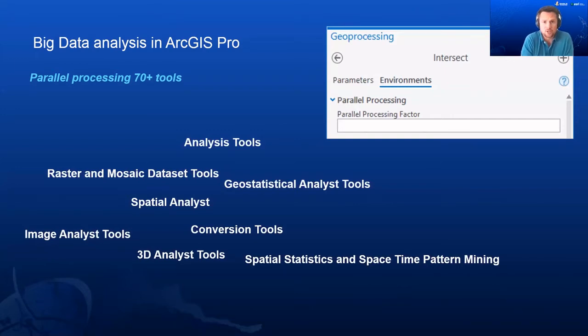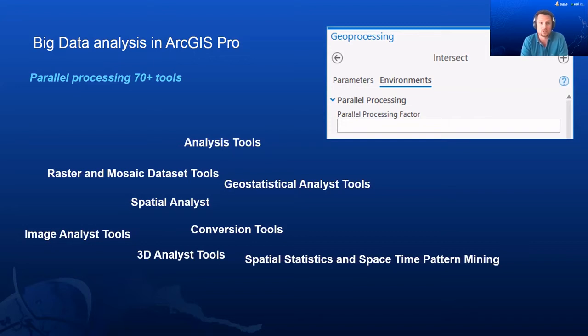The first of those is that with every release of ArcGIS Pro, more and more tools support parallel processing. What parallel processing does is that a big processing task can be split up into smaller jobs, and it will allow multiple CPUs, cores, or processes to work on the big job at the same time, often resulting in faster processing times.